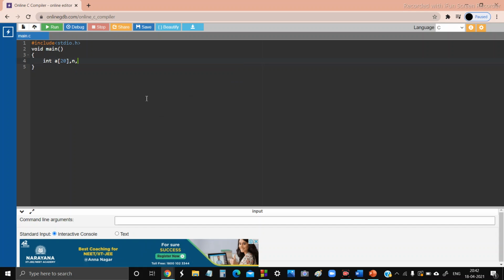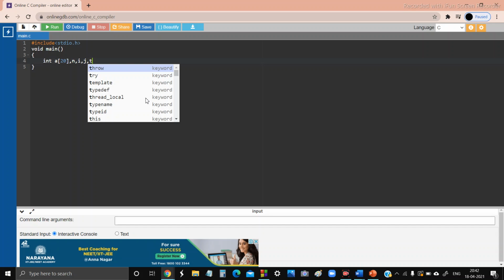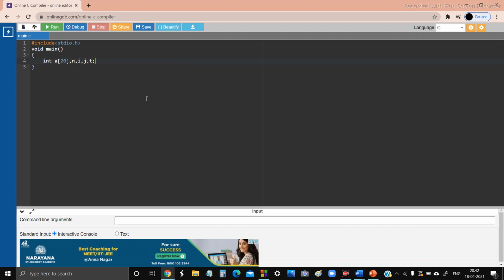Then we are declaring i and j for the purpose of for looping. t is a temporary variable, used for storing the element of an array for swapping if needed. Next, we are moving on to the printf statement. Printf, enter the size of array.